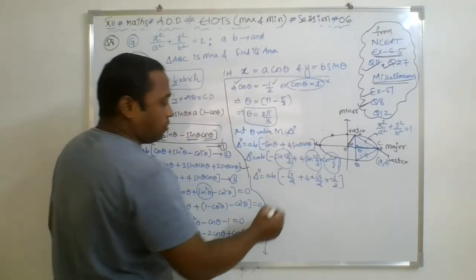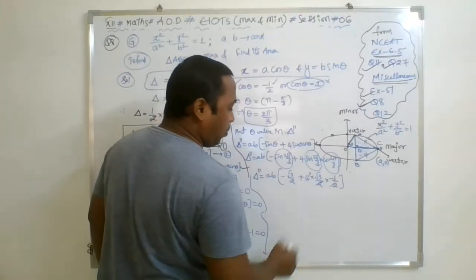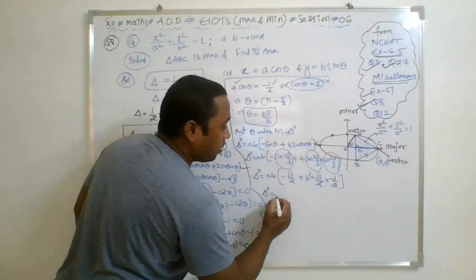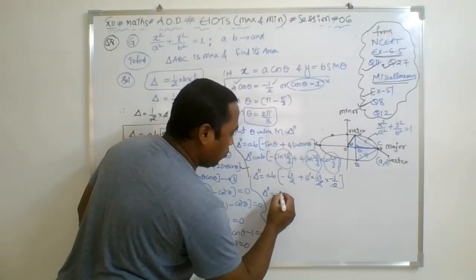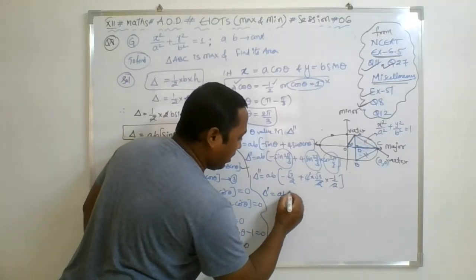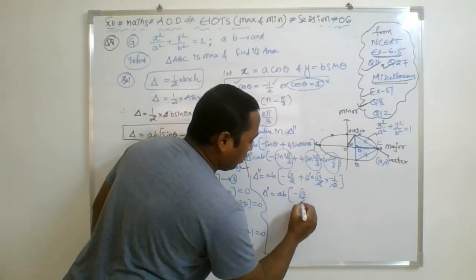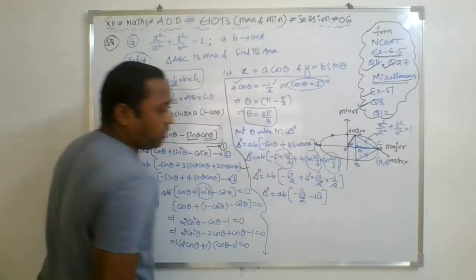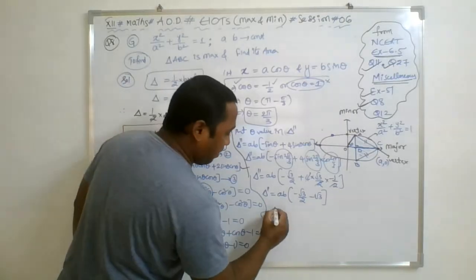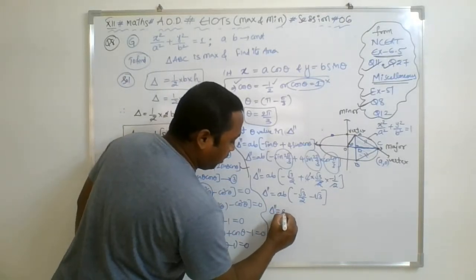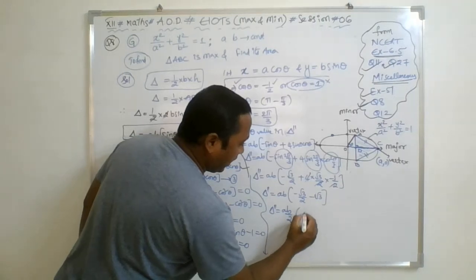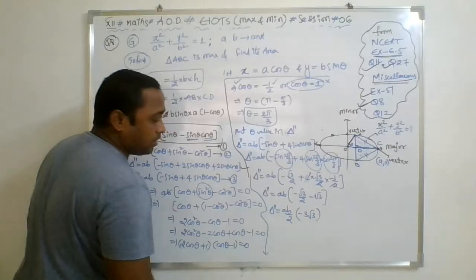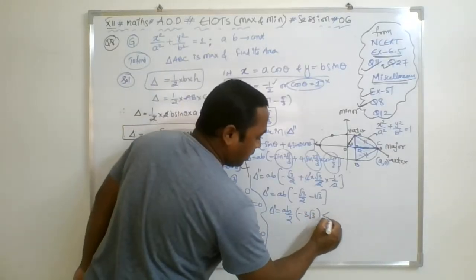Okay, so now see 2, 2 and 4 get cancelled. Root 3 is common, so I can take minus root 3 out. You may also take AB into minus root 3 by 2 minus root 3. Okay, this is the left portion. You may also take LCM, so AB upon 2 into minus 3 root 3. You can see this total product is negative.